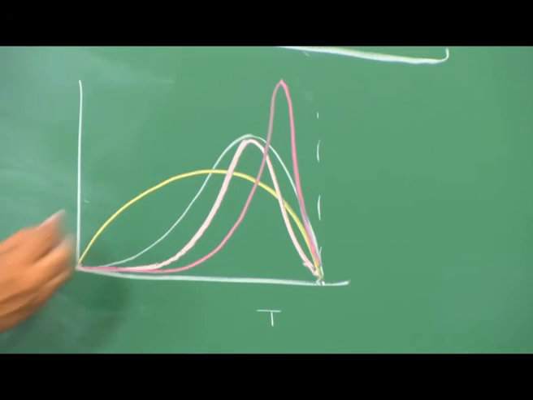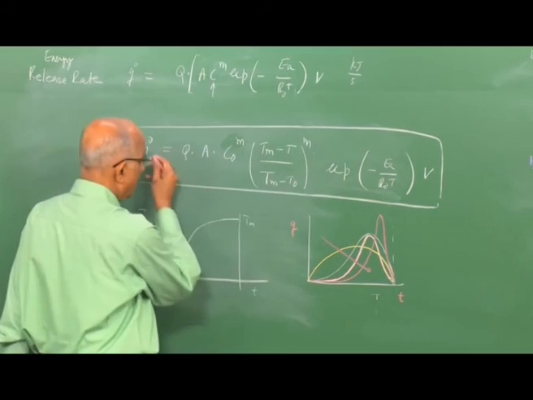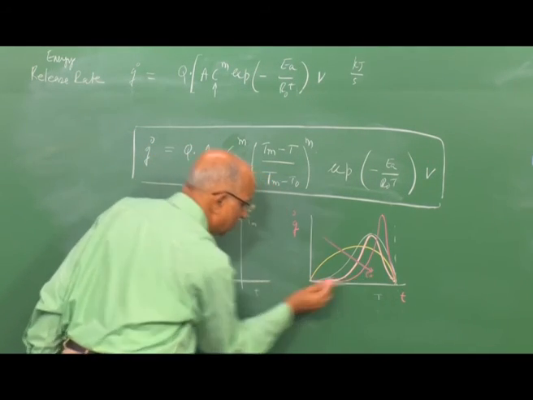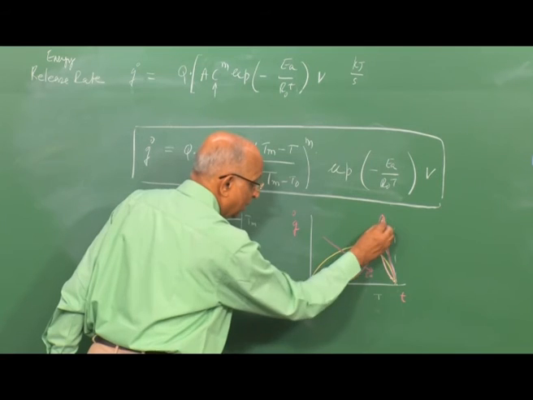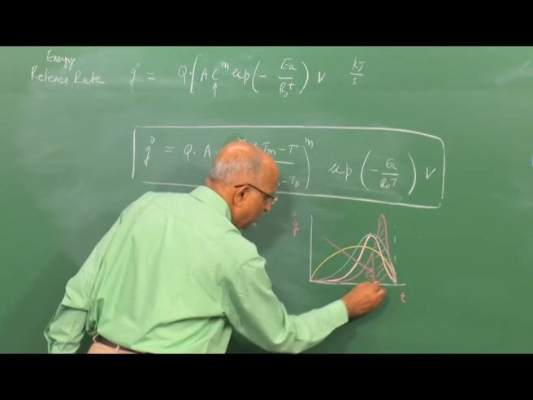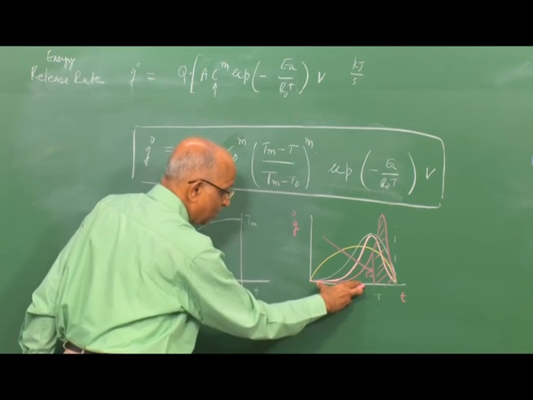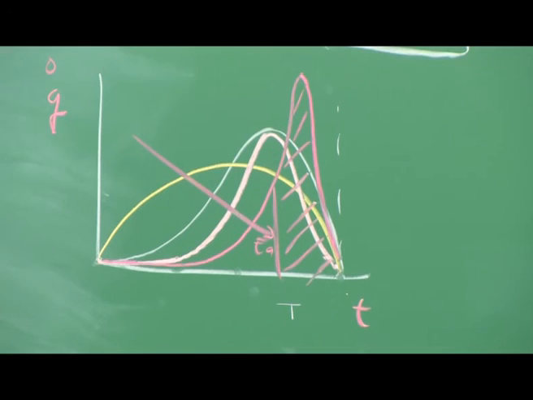Therefore, we find that as the activation energy increases, and temperature is proportional to time, looking at temperature versus the rate of heat release Q, there seems to be a signature: as activation energy increases, I start slowly and all of a sudden I begin to have a spurt in the reaction. That means my energy release takes place over here, and this is the duration of energy release. In the initial period I do not have much energy release, but if the activation energy is small, I start getting some energy release right from the beginning.